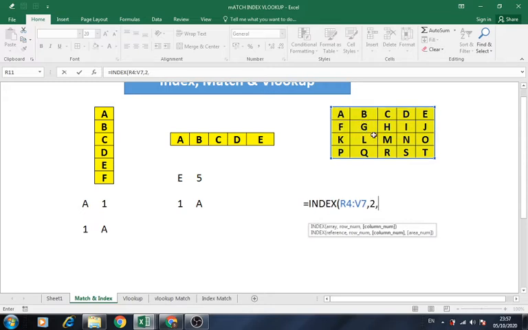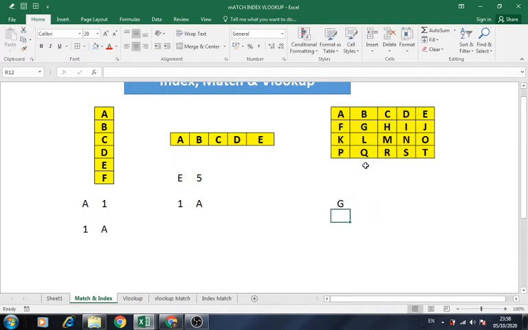So I am typing 2, comma, it is in second column again. So if we give the position, second column, second row, it has to pick up the value now. Yes. We could get the value if we give the position. Okay, using index we can get the value from a table or from a single list.